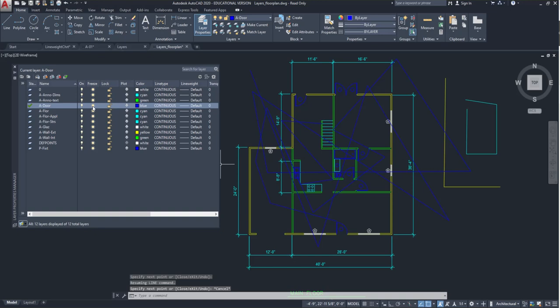So whenever we say turn that layer off, turn that layer on, freeze that layer, thaw that layer, any one of those terms that I use really means freeze and thaw, okay? So if I say turn that layer off, I don't actually mean use the light bulb. I'm just telling you to freeze that layer, all right? And you'll hear that across industry. Freeze thaw will allow you to visually turn things off on the screen,